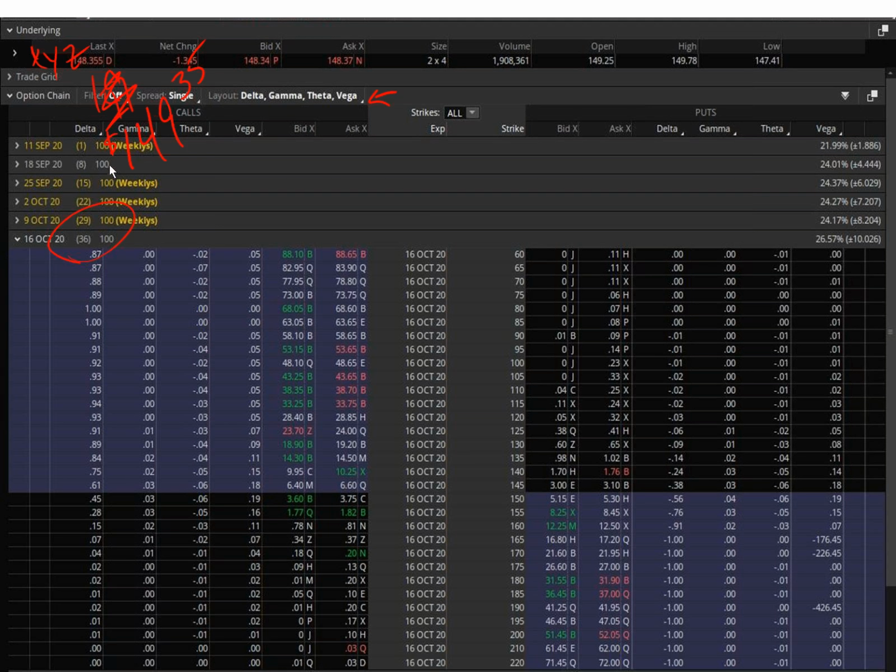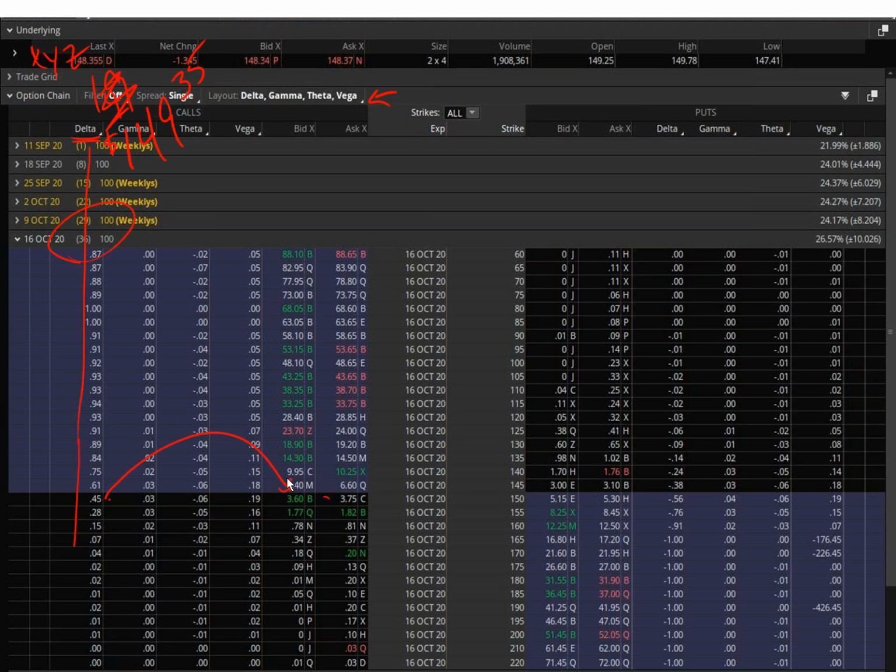All of these over here in this delta column, we can see the delta column all along here. There are different numbers there. So what it means is that let's just take this 150 strike, the just out of the money. If the underlying moved higher by $1, then this 45 cents would then go into the premium over here on the corresponding strike.